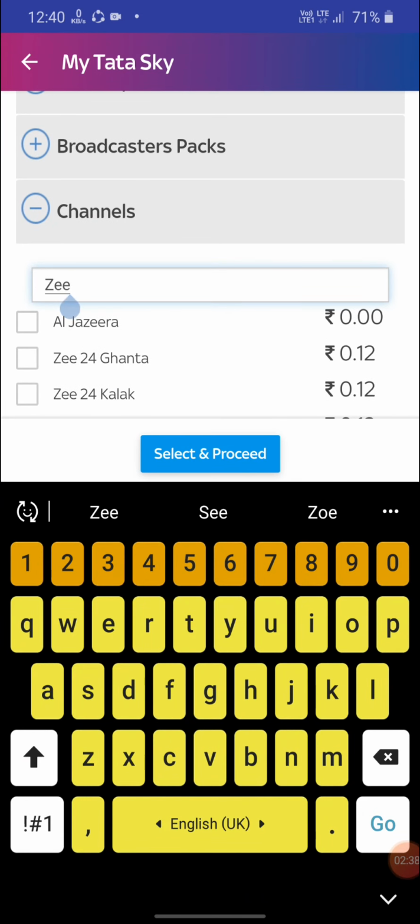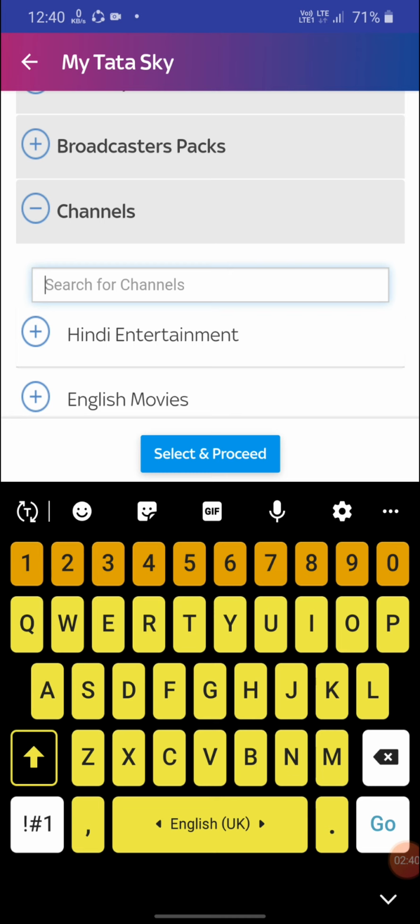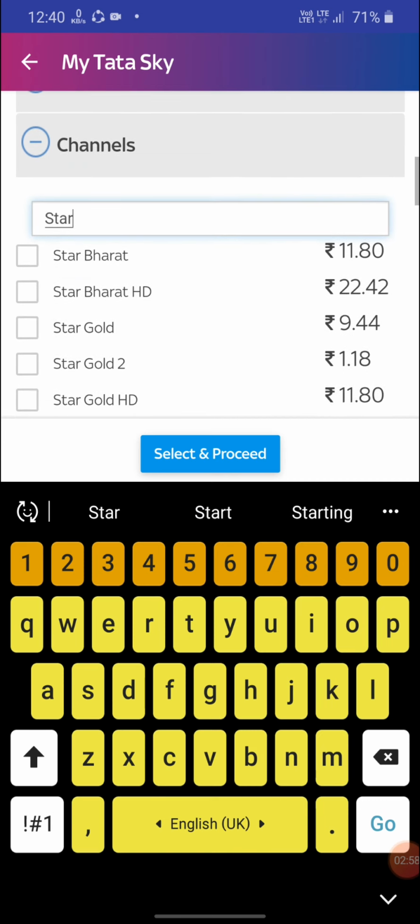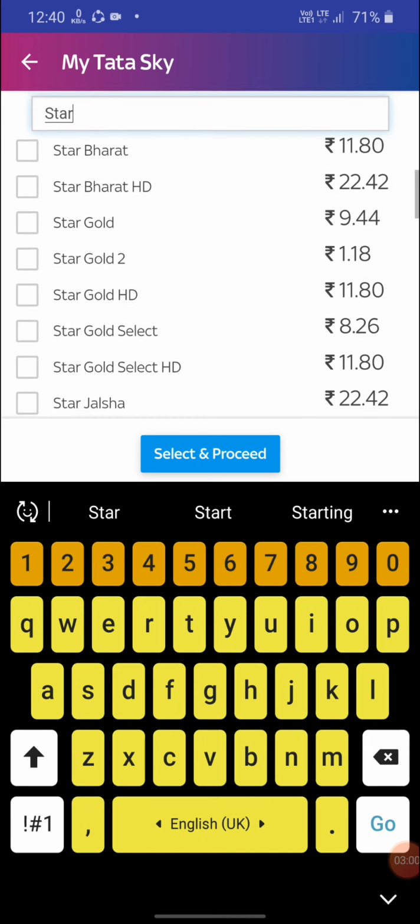Then you need to opt for each and every channel you want. After opting for these, you type Star. After typing Star, you can see Star Gold 2.